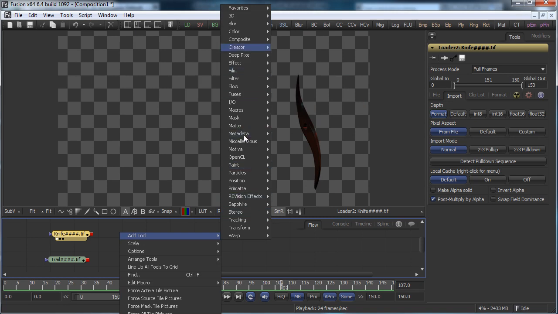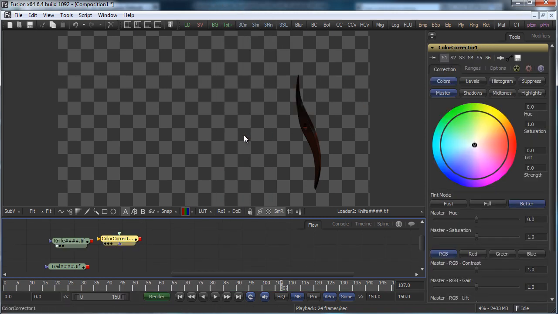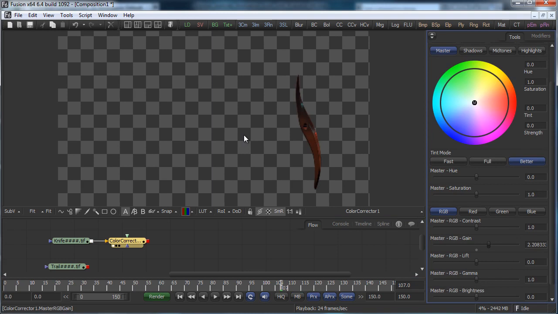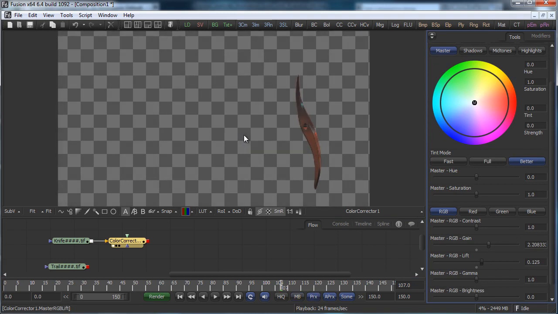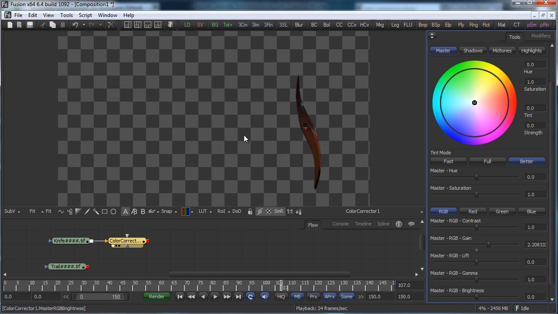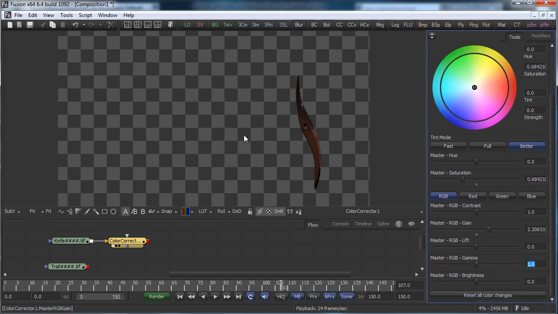So let's tweak a little bit there the knife, and we can go back to fit there and see if we can have a little bit less saturation, and let's see if we can have more gamma